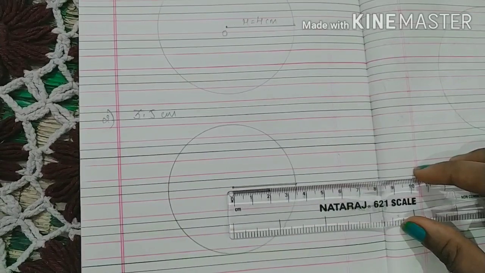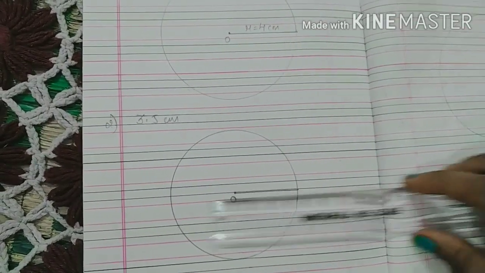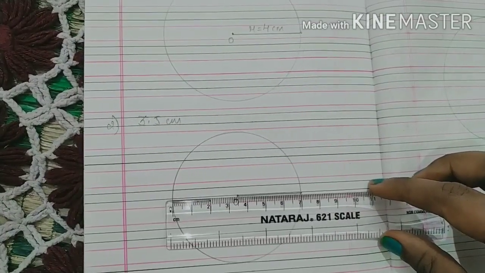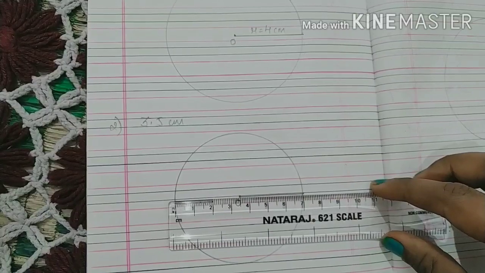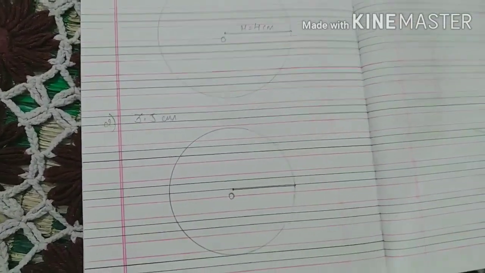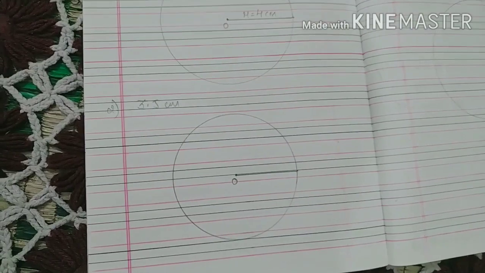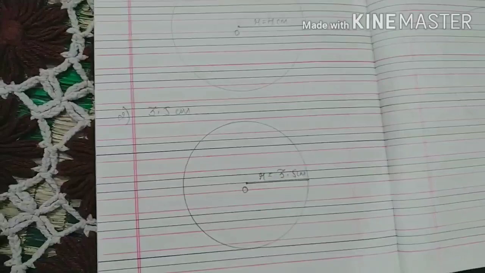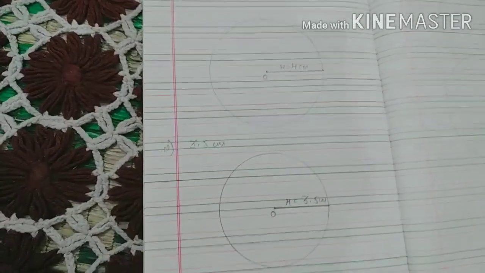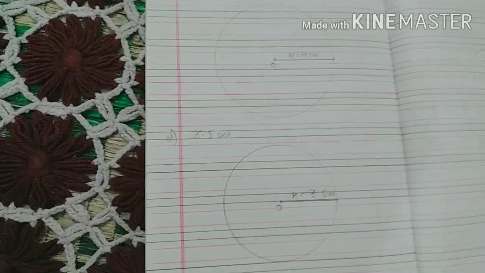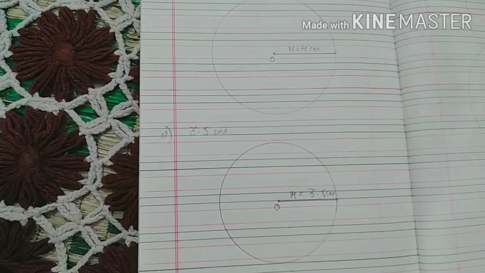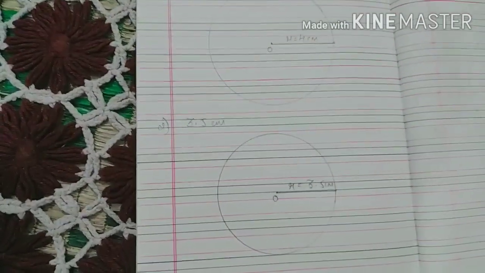So this is your circle. Now again measure it. It is 3.5 and the diameter of this circle is 7 centimeter. See here. That means we have made exactly correct 3.5 radii circle. 3.5 centimeter. Okay. So this way you have to draw all the 5 circles in your notebook. Try to do more. Take any radii and make more circles in your notebook.